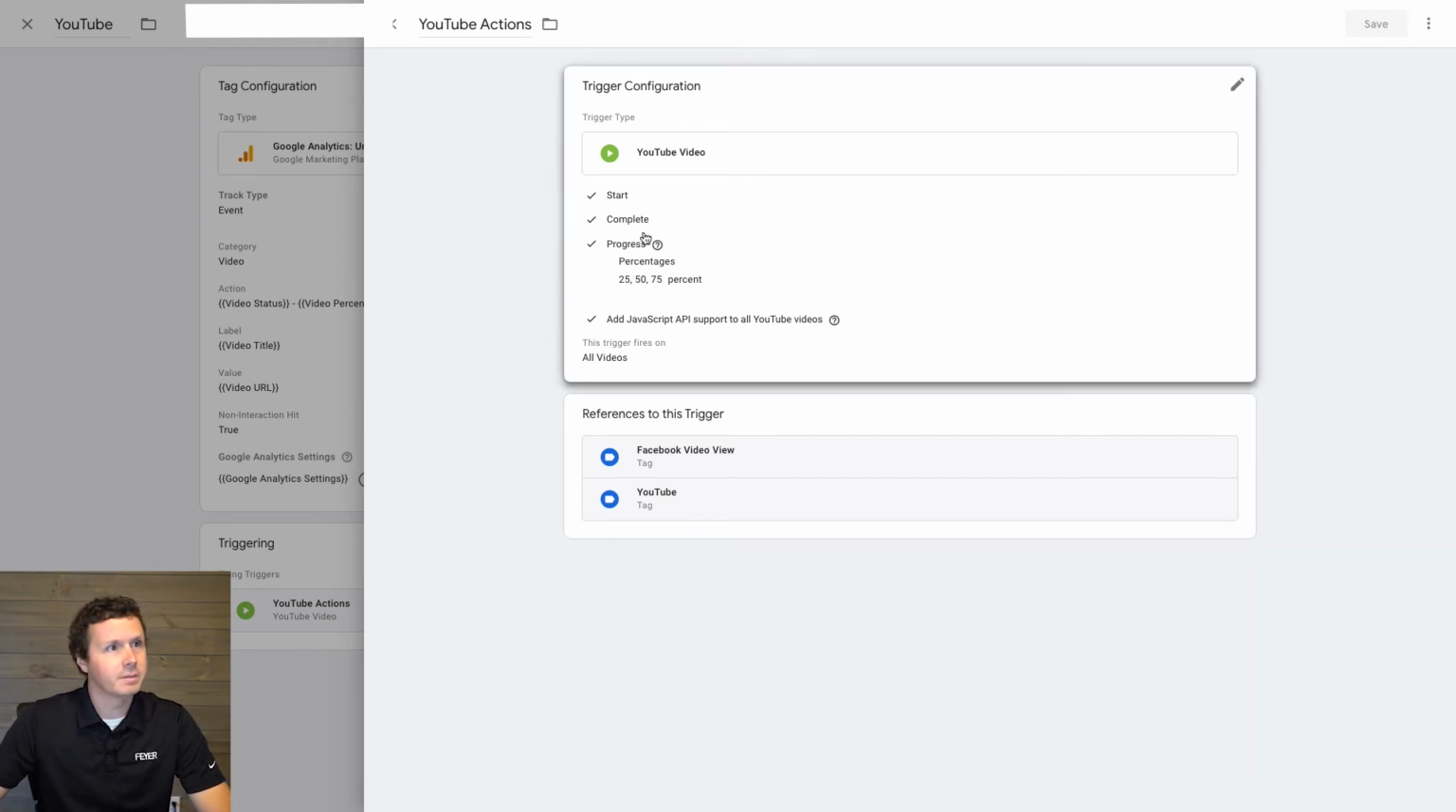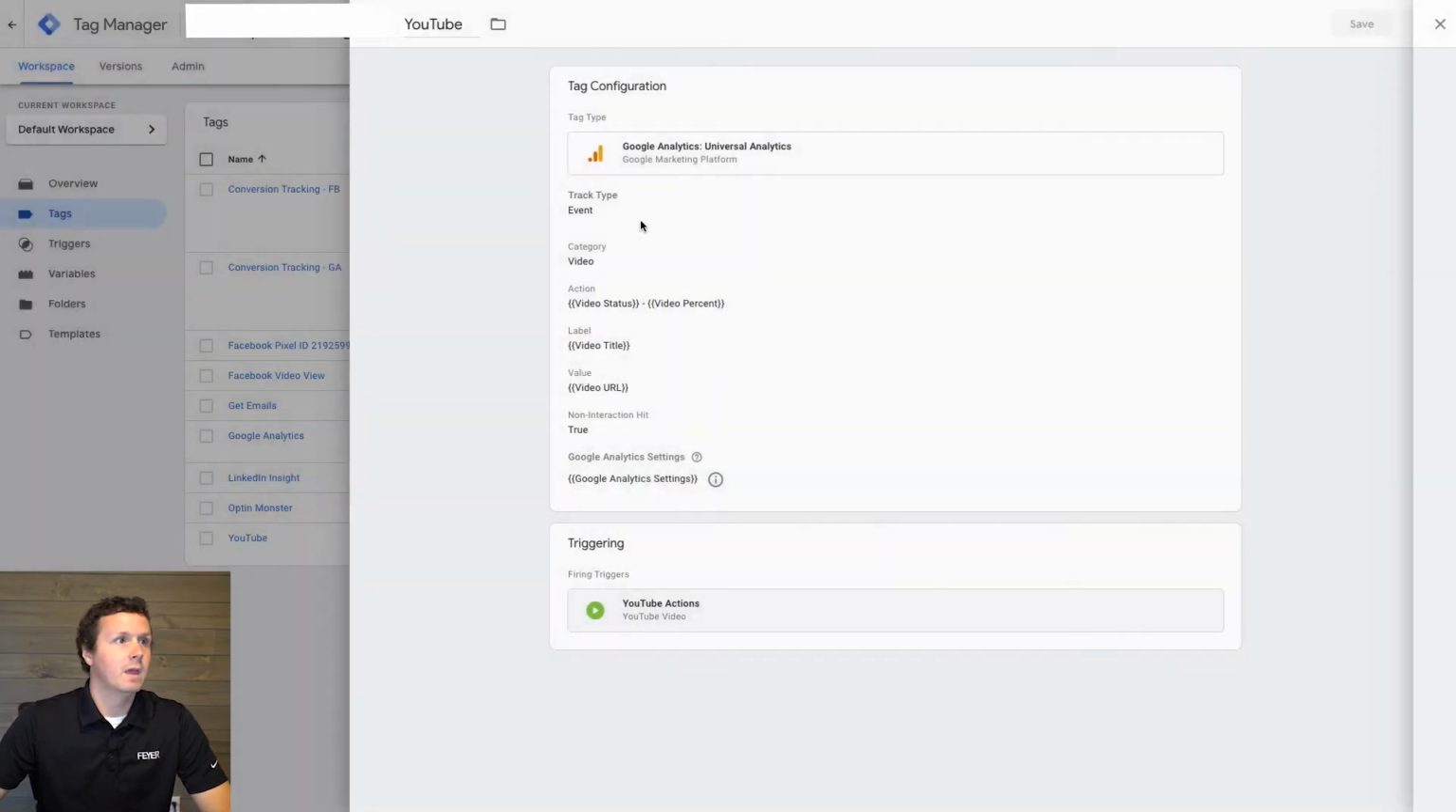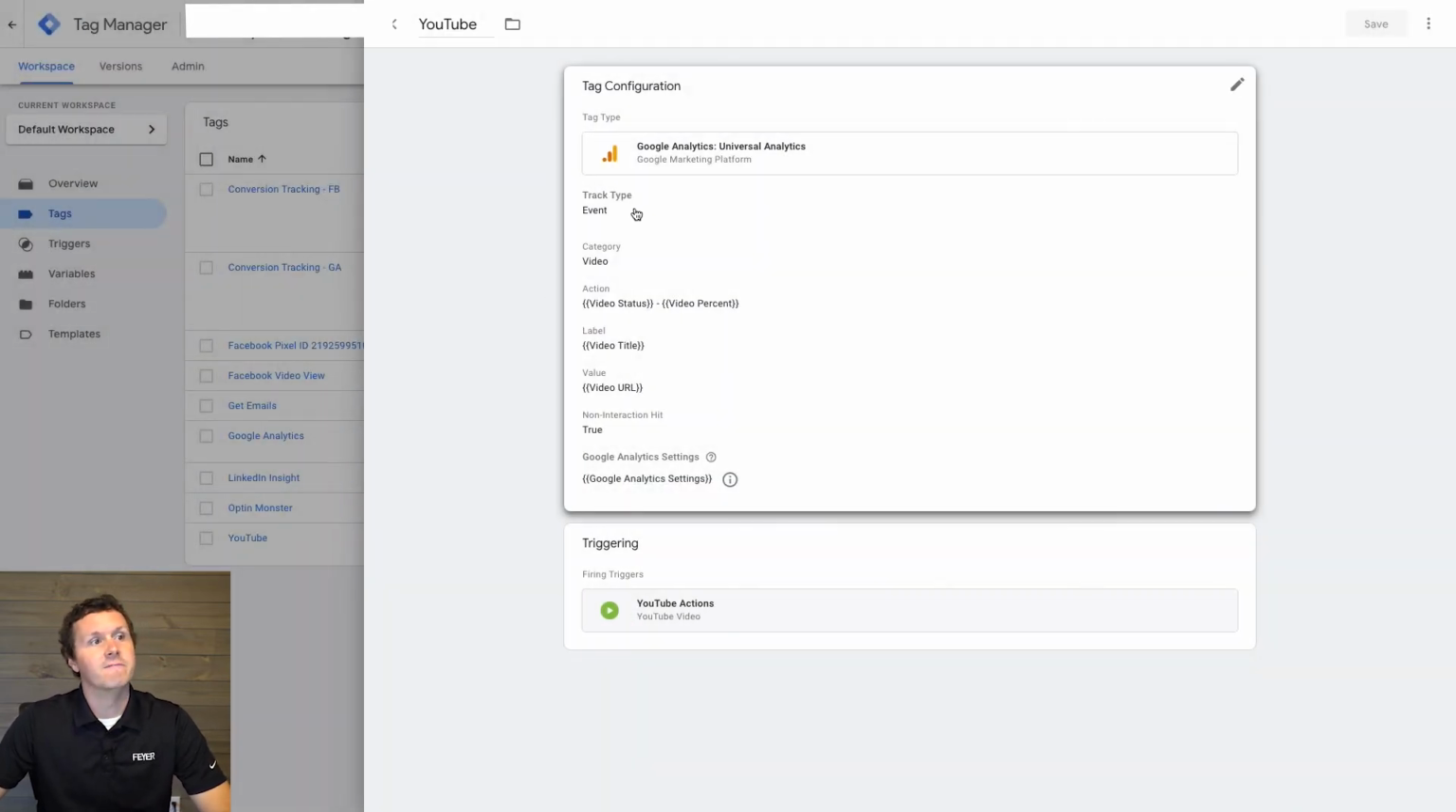We have starts, completes, progress, and when somebody gets to 25, 50, and 75%. And then, there's also a checkbox here to make sure that it can support YouTube videos. So all of these events are triggering this tag, and what this tag does is it sends an event in